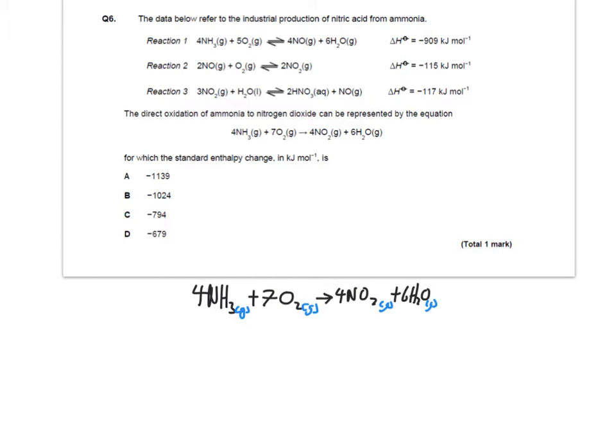So step one is to write down this equation, so we're trying to work out this enthalpy change here. Then we need to look at the different equations. This is a type of enthalpy question where there is no formation or combustion data. You're just given equations and you're expected to form them into some sort of enthalpy cycle. So the way you do that is you look at the equations and you spot where